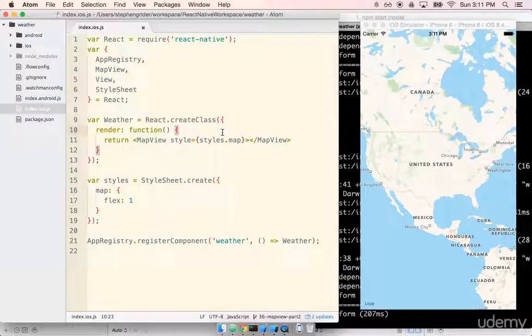In the last section, we sped through some implementation to get a map up onto our screen. The map is full screen by default because we added the flex style of 1 to the map view element. In this section, we're going to talk a lot more about what the map view is and what we can use it for. So the map view itself, again, it delegates to the underlying operating system, and that means that